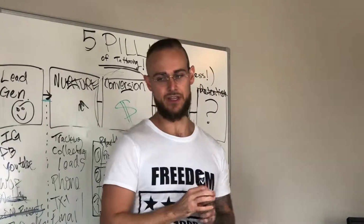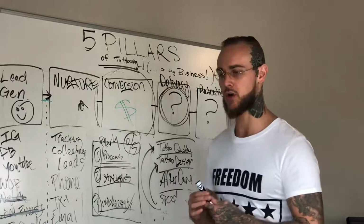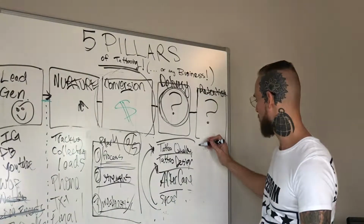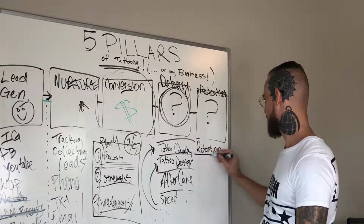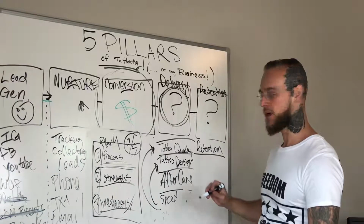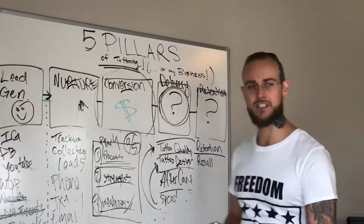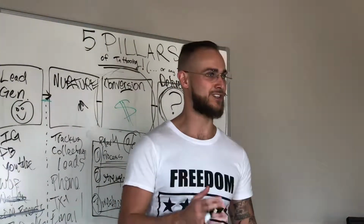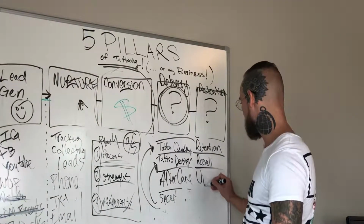But that's not the only thing this has to do. So let's talk about that. The retention pillar also involves, so retention, how do we keep the clients? Boom. Also, resell. This is also the pillar that has to do with getting somebody in for their next tattoo or a bigger tattoo. So resell, upsell,